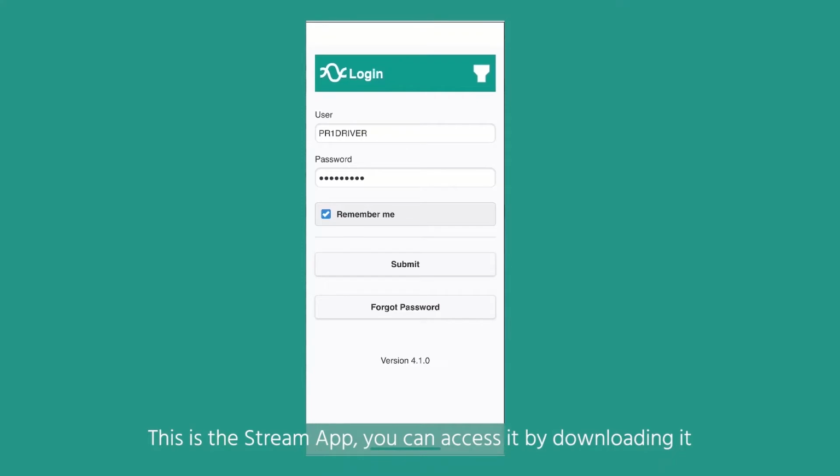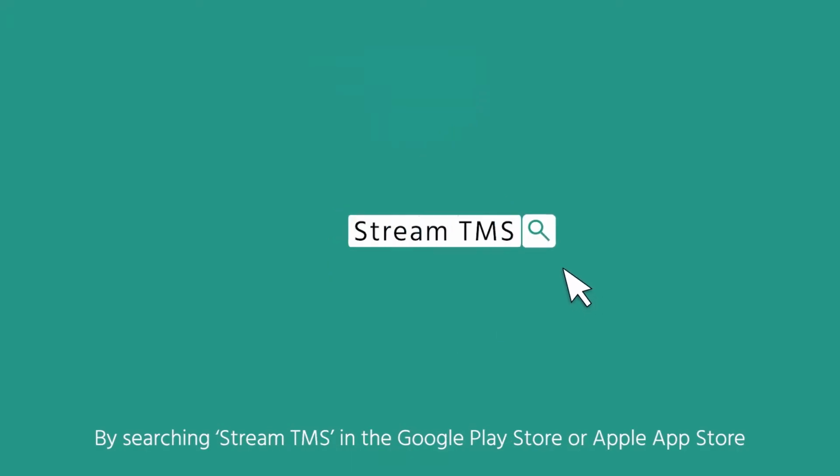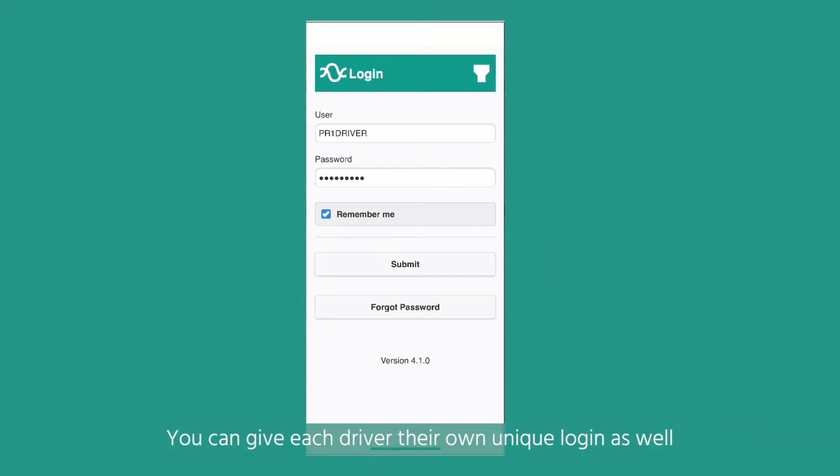This is the Stream app. You can access it by downloading it on any Android device or iOS device by searching Stream TMS in the Google Play Store or Apple App Store. You can give each driver their own unique login as well, so you can see which drivers are performing which